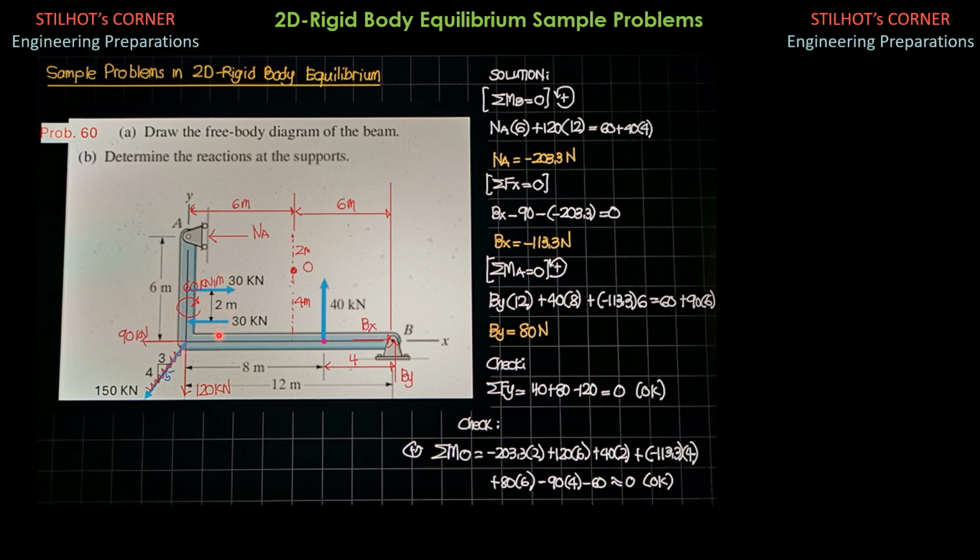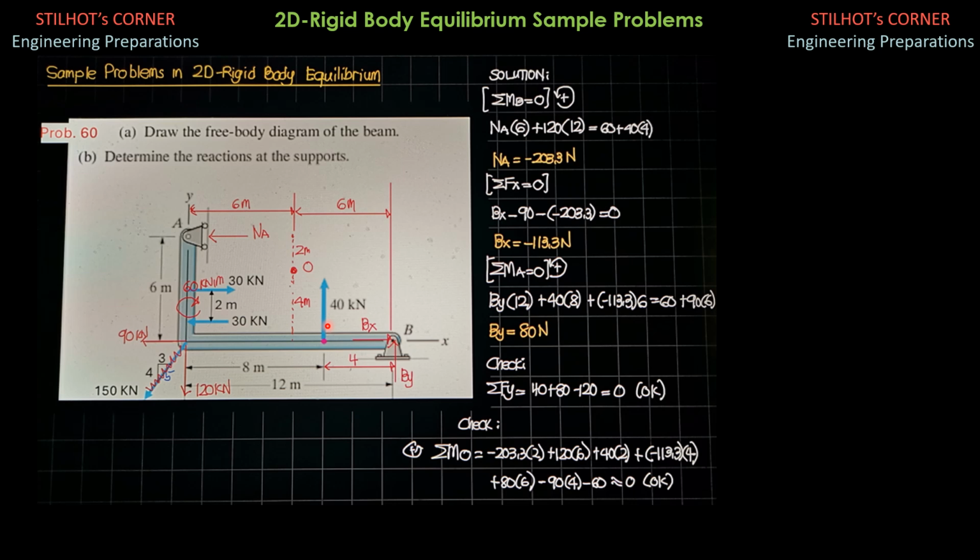Then of course, we have the X and Y components at B because this is a pin support. So I assume that it is rightward and the vertical component upward. This distance is 4 meters, 12 meters minus 8. Then 150 kilonewtons is resolved into, because the slope is 3 horizontal, 4 vertical, so the hypotenuse is 5. The horizontal component is leftward and it is equal to 150 times 3 over 5. So that's 90 kilonewtons. The vertical component is 150 times 4 over 5, so 120 kilonewtons.